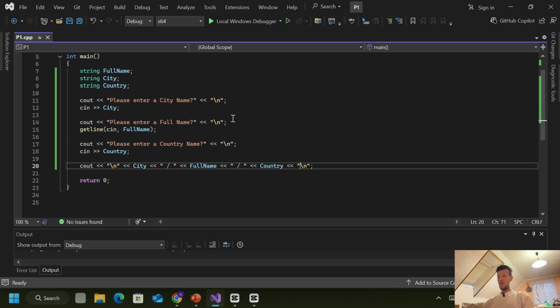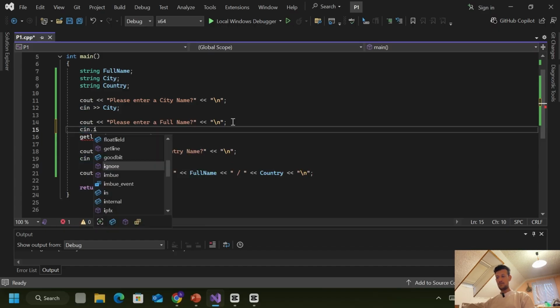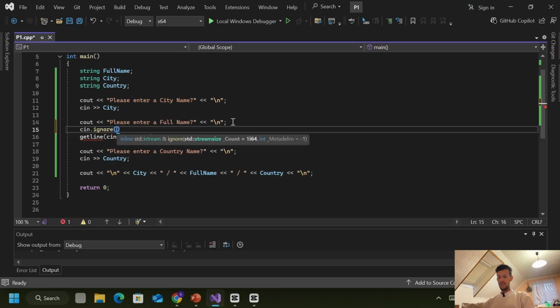as an input? We will come here before the getline. We will write cin.ignore. You'll find it already here. Open bracket and 1, single quotation, not double quotation, '\n', semicolon. Now we solve this problem. We tell the compiler, when I press enter, avoid it please, don't take it as input, and let me enter